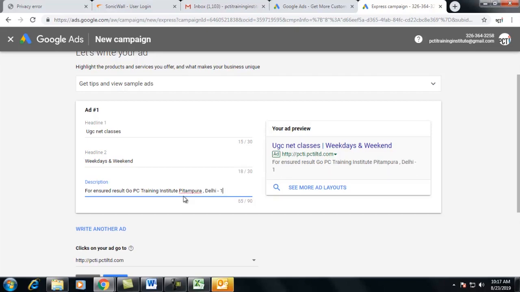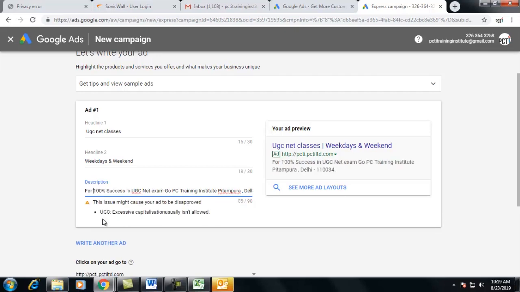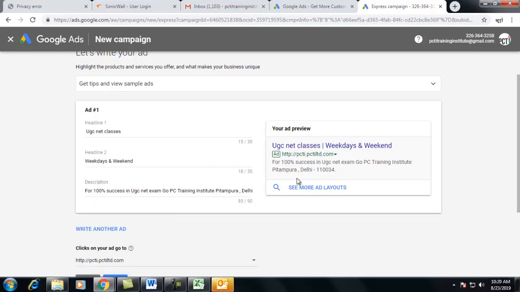Sometimes people search with the 3-4, right? Again, I have used more of the capitalization. That is why this ad is giving me some sort of error. This exclamatory sign is showing that you need to take care of capitalization. For 100% success in UGC NET exam, go PCTI, right? If I simply want to say